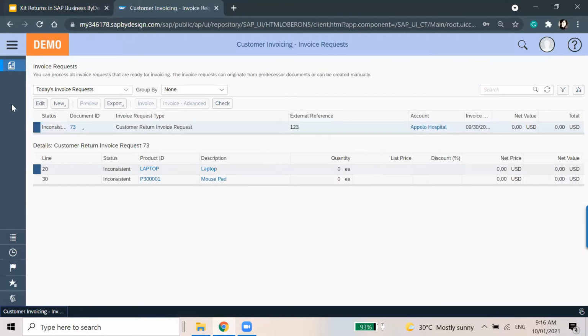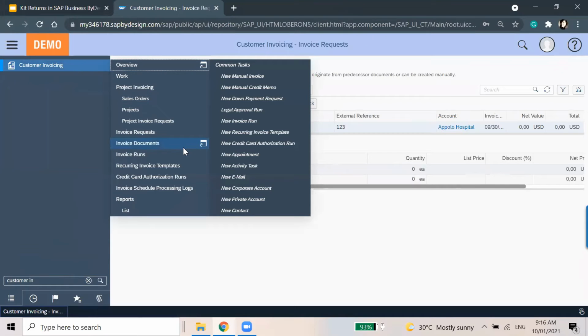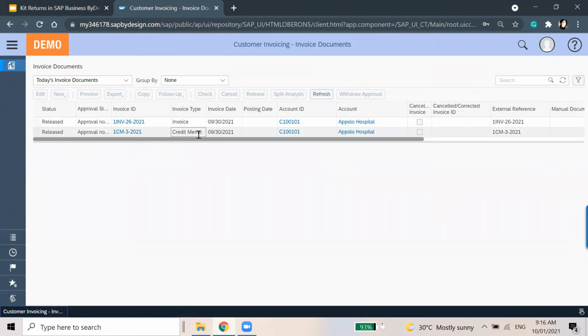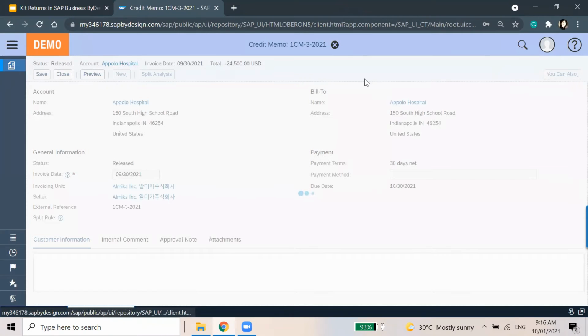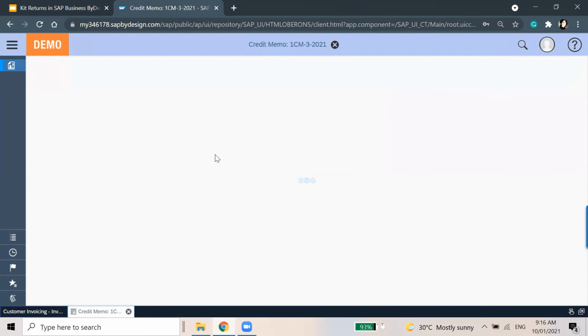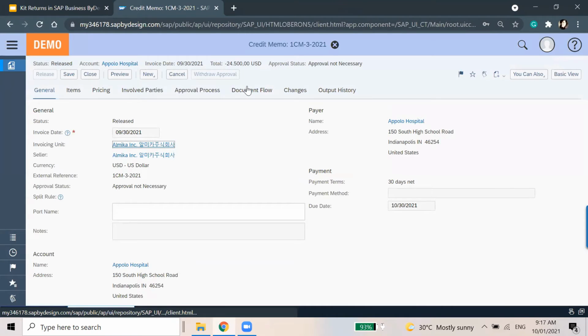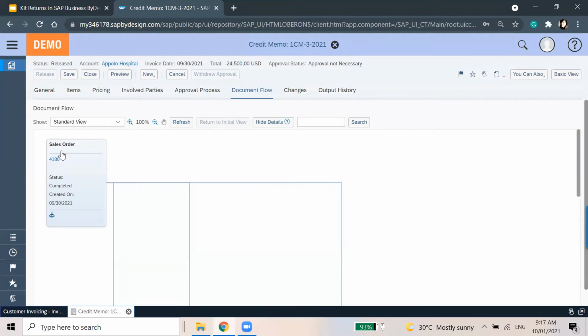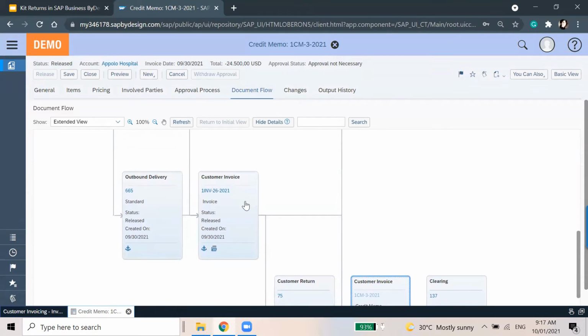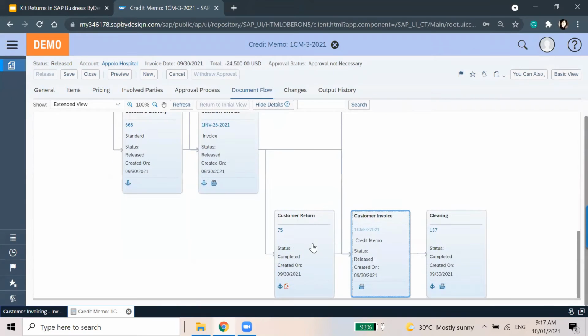Okay, so this is done. If I show you the credit memo document flow, you can see the sales order was this 4180, from which there was the outbound delivery and the customer invoice for the customer first, and then we requested the customer return.